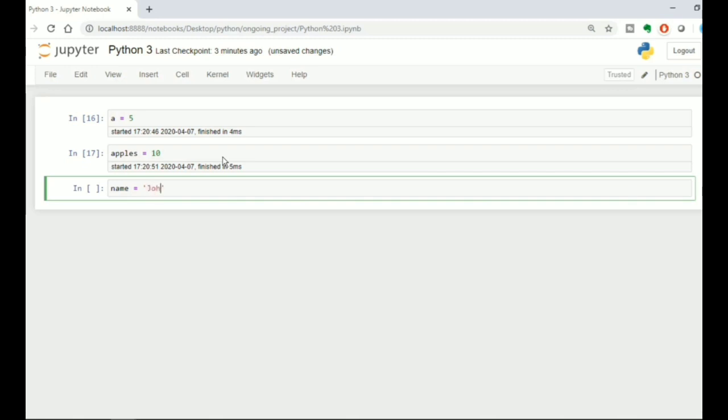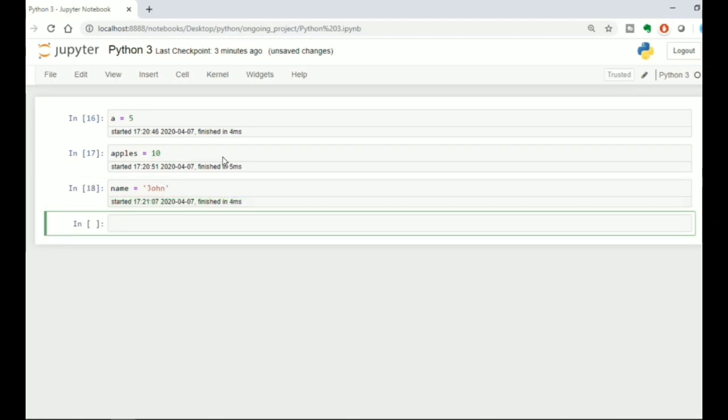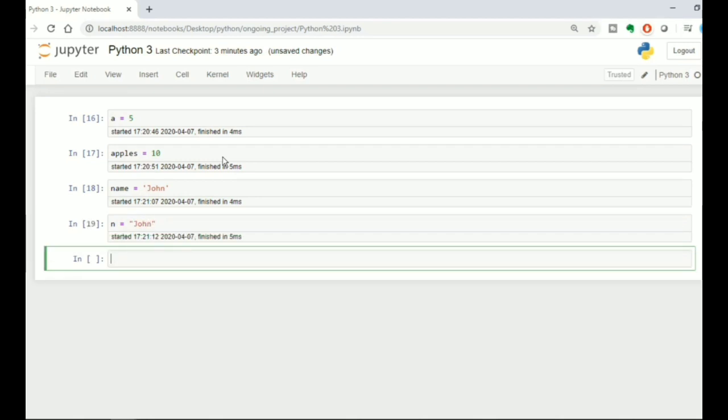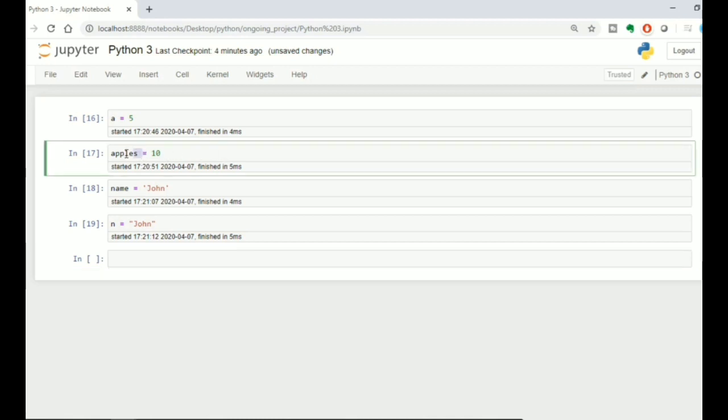A variable name can be a short name like a, b, c, d or x, y, z, or more descriptive names like age, name, total volume, etc. For example, here we use apple and name as more descriptive words than a and n.